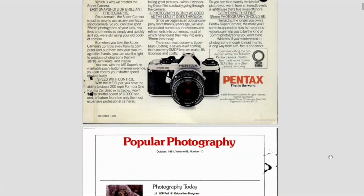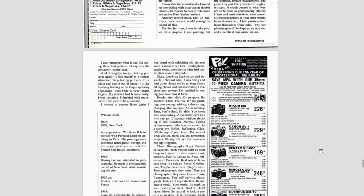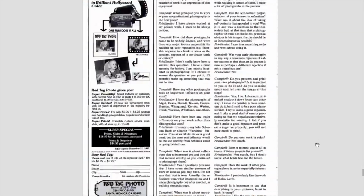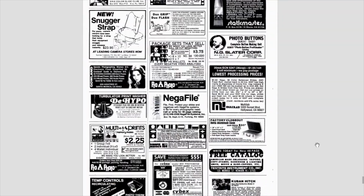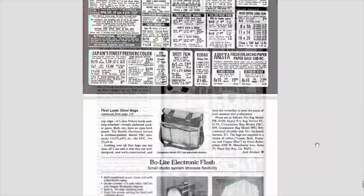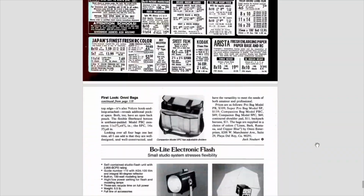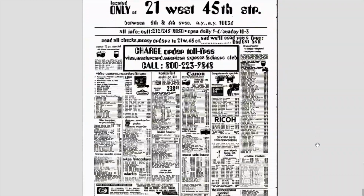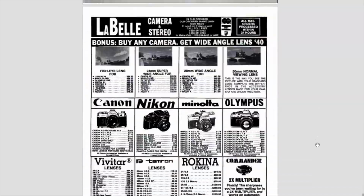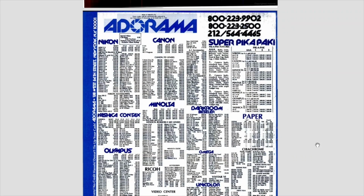You would look at the tiny ads in the back of the magazine. You would see all those ads for the big East Coast camera stores. The prices would be all over the place. You'd see that $500 camera shown for $400 at B&H and Adorama, and maybe $300 at some of the lesser known brands. And you wonder, what's the deal? What's the catch? It just goes to show you there's nothing new under the sun. You had to worry about scams even back then. But B&H, they were always above board. Same with Adorama. So I'm looking at prices I got out of the back of October 1981 Popular Photography magazine